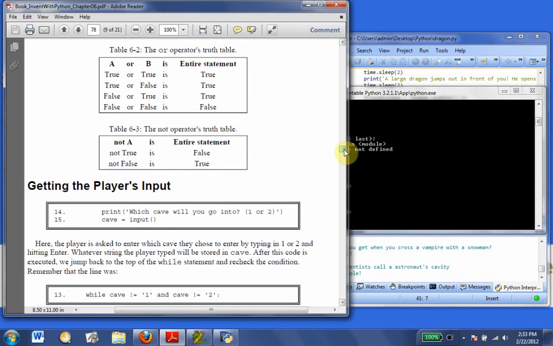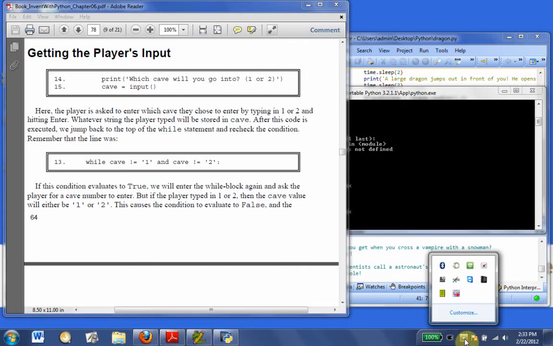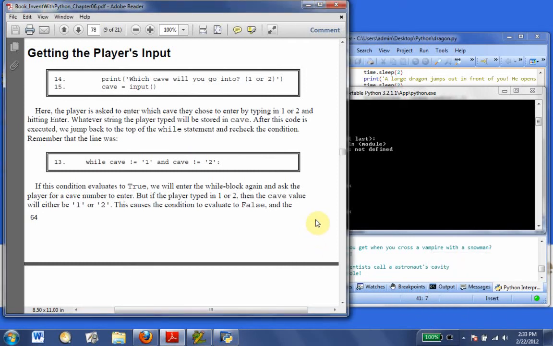Getting the player's input. Lines 14 and 15. Here the player is asked to enter which cave they choose to enter by typing in 1 or 2 and hitting enter. Whatever string the player typed will be stored in cave. After this code is executed, we jump back to the top of the while statement and recheck the condition. Remember that the line was while cave does not equal 1 and cave does not equal 2. If the condition evaluates to true, we will enter the while block again and ask the player for a cave